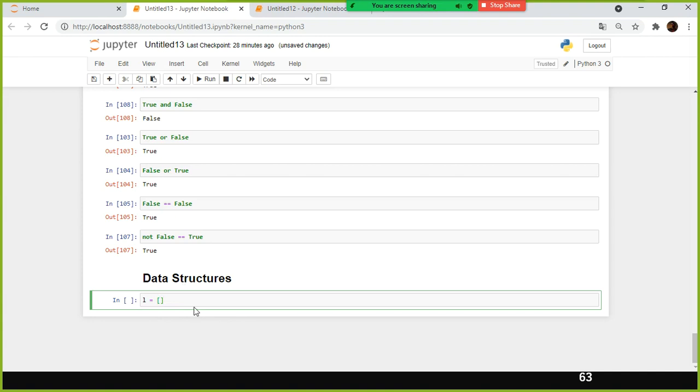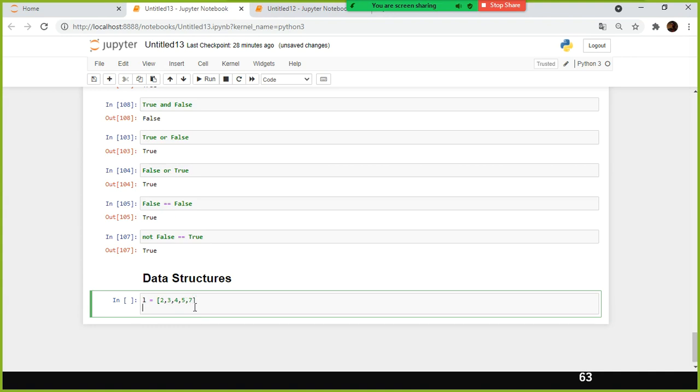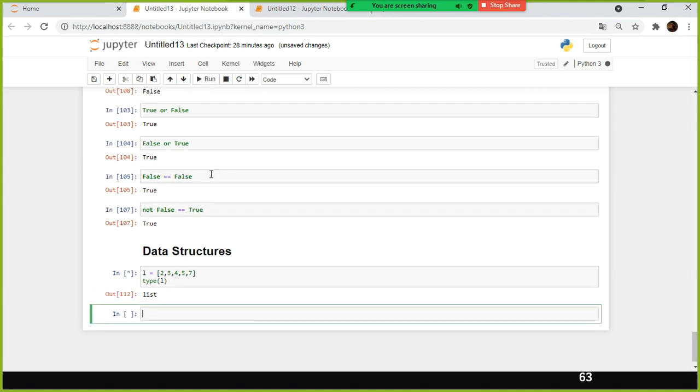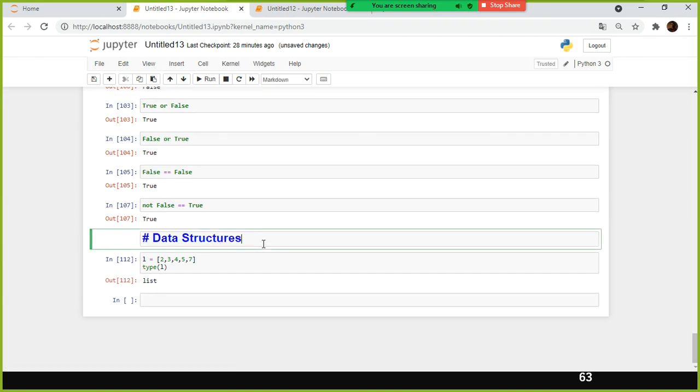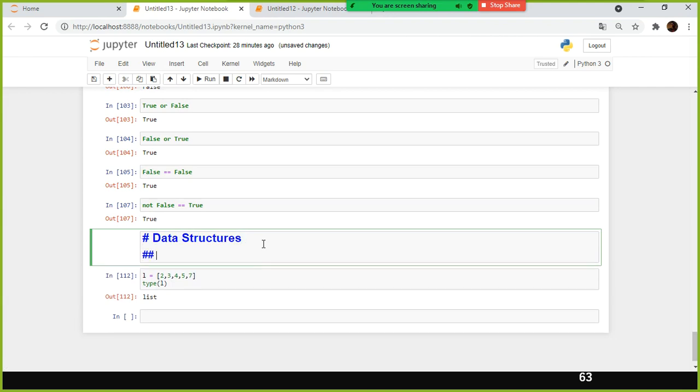Here, let's say I write 2, 3, 4, 5 and 7. Let me check what data type that is inside the square brackets. Now I specified the values. It is called a list. A list is a fundamental data structure available in Python.